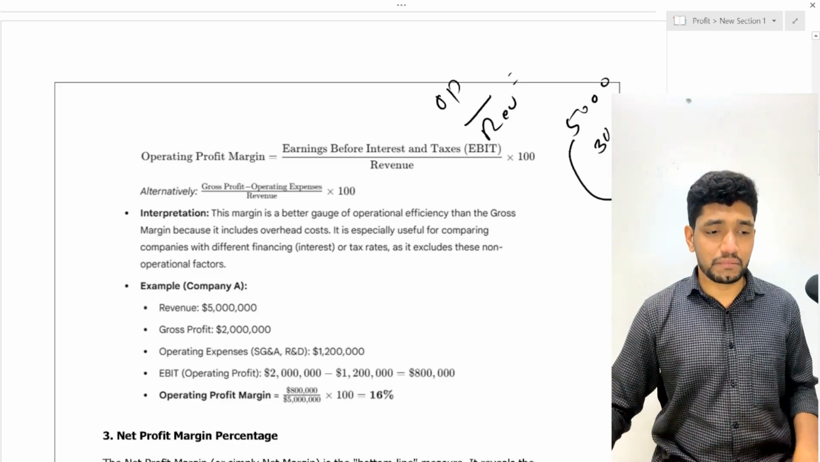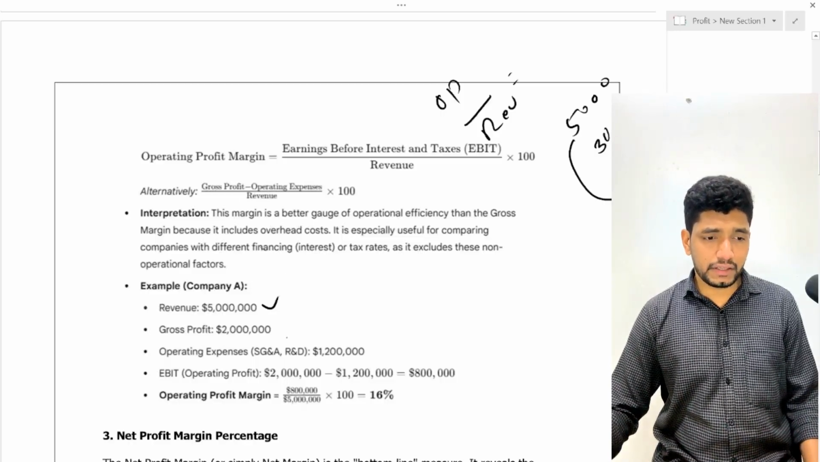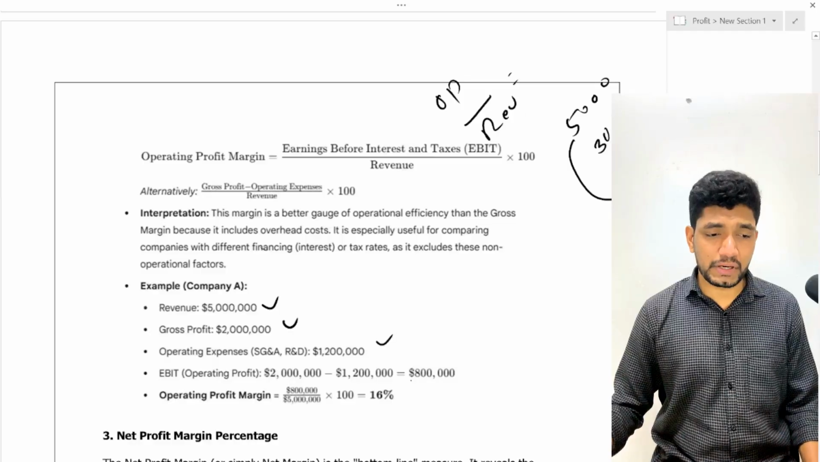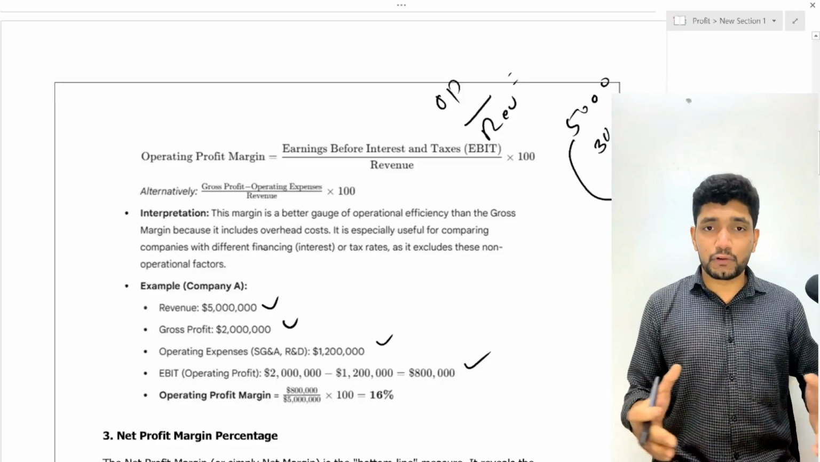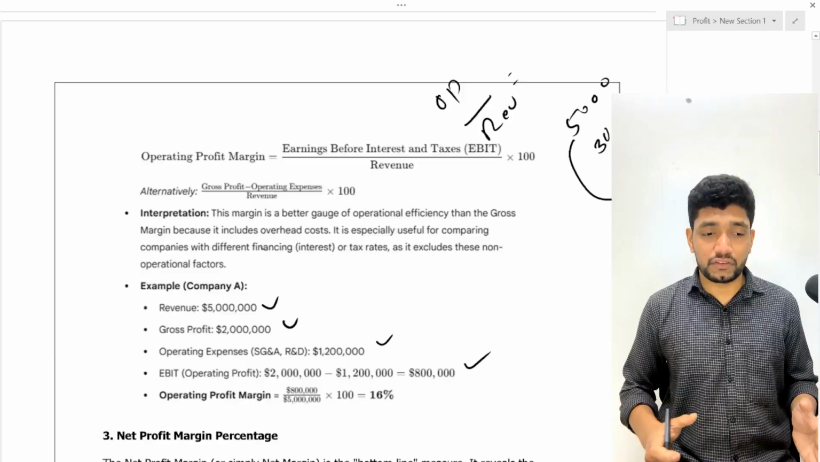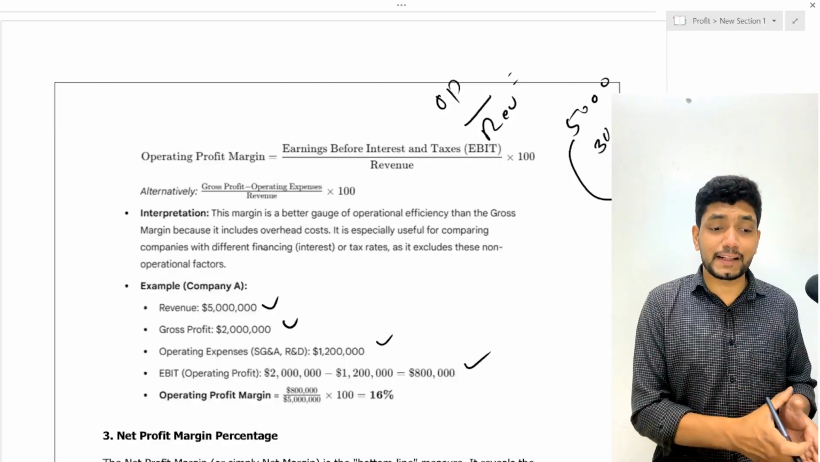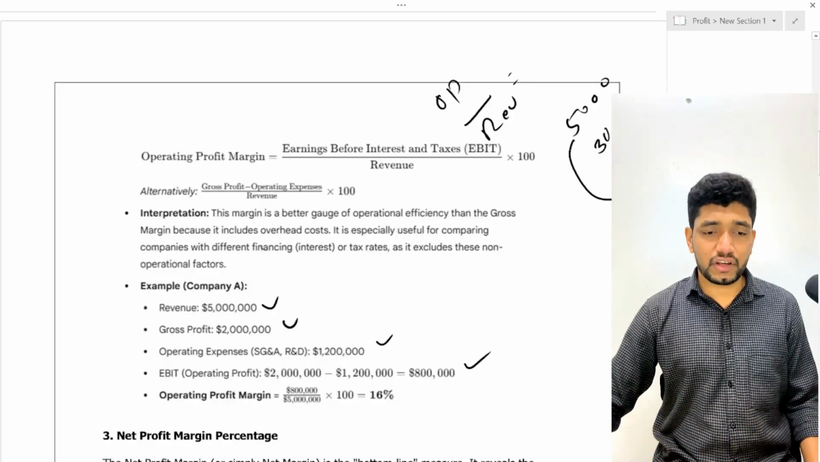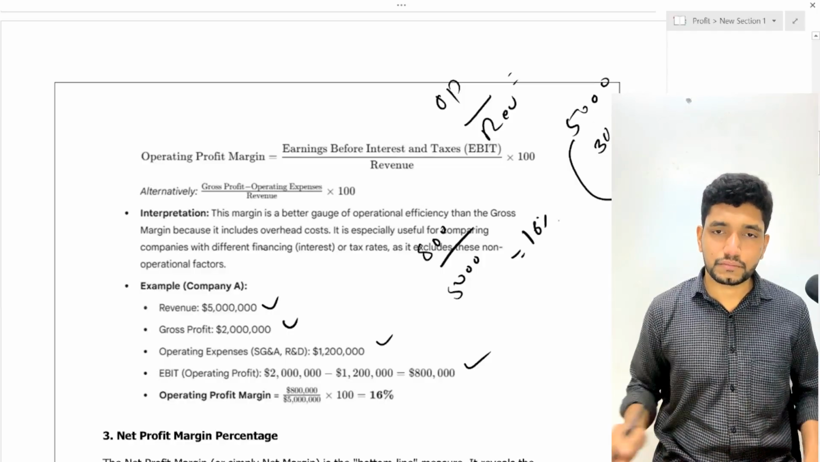So we look into this example. The revenue is 5 million, the gross profit is 2 million, and our operating expenses are 1.2 million. So in this case, our operating profit, or EBIT, is 800,000. To calculate the operating profit margin, we compare this operating profit with the sales to see the relationship and how healthily this company is maintaining its operating profit margin. In this example, it is 800,000 divided by 5 million, that is 16%,